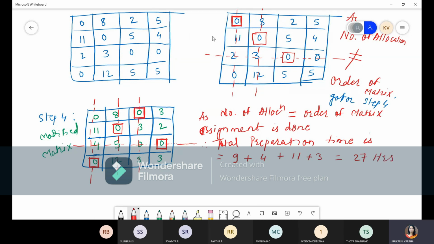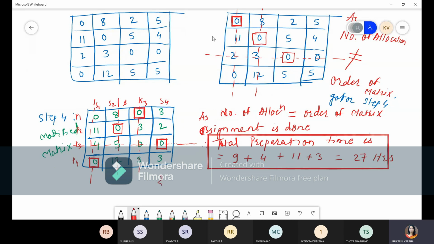And at the same time, we have to tell that this is P1, P2, P3, right? This is Professor 1, Professor 2, Professor 3, Professor 4, and this is subject 1, subject 2, subject 3 and subject 4, right? So we have to tell the assignment also. So this is what you have to write. The total preparation time is 27 hours, and the assignments.